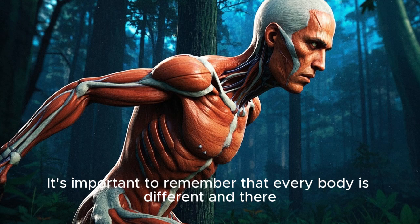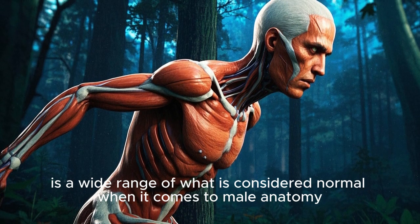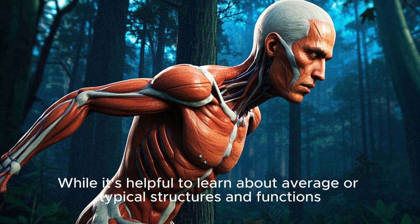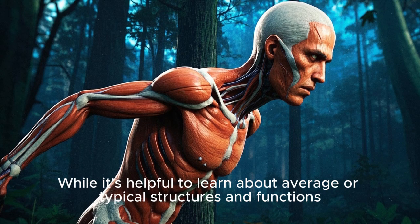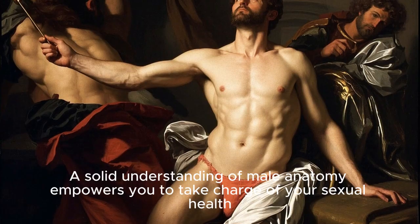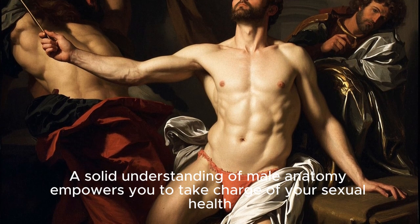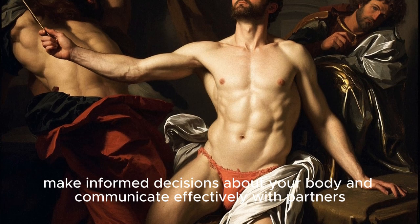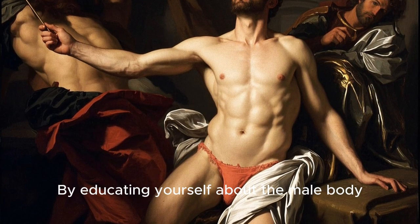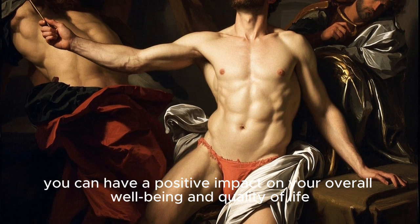It's important to remember that every body is different and there is a wide range of what is considered normal when it comes to male anatomy. While it's helpful to learn about average or typical structures and functions, it's equally important to understand that variations are completely normal. A solid understanding of male anatomy empowers you to take charge of your sexual health, make informed decisions about your body, and communicate effectively with partners. By educating yourself about the male body, you can have a positive impact on your overall well-being and quality of